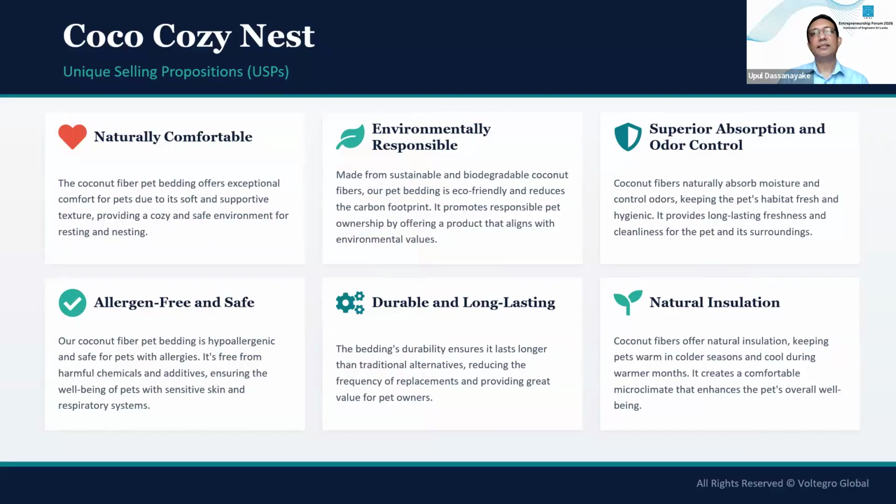So that is one. The other one is environmentally responsible. Or you can even call it sustainable, but we will discuss that point later on, the sustainability. But you can say environmentally responsible because the main